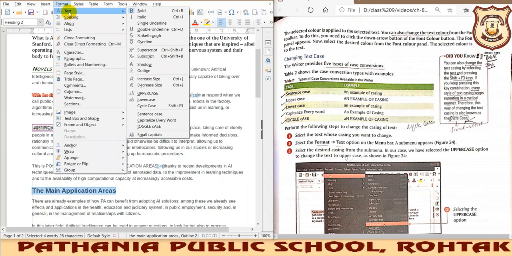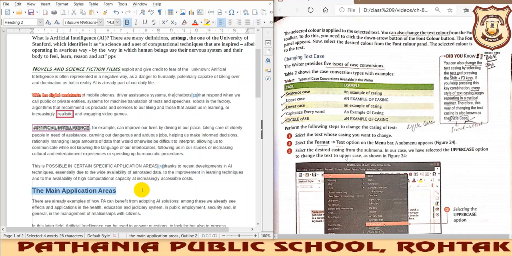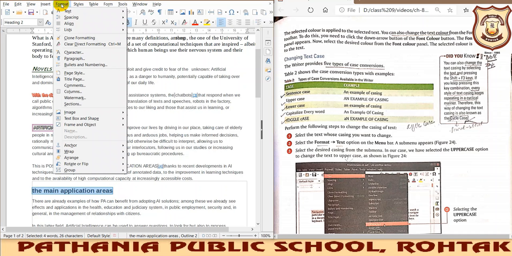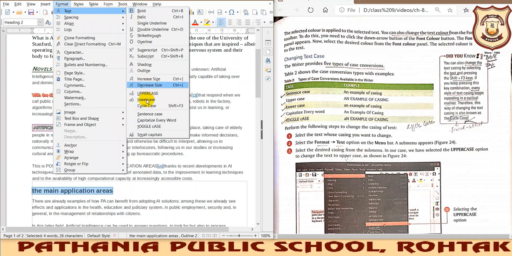Okay, next is cycle case. Okay, this is something different. So it will show you various options, where you can stop and pause wherever you need. Okay, better for this cycle case option, you should use your Shift plus F3 key only, then it will work. If you are going to use it from here, then it will not work. Every time you need to go there, so there will be no benefit.